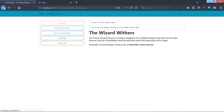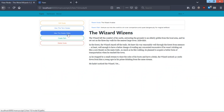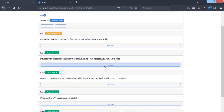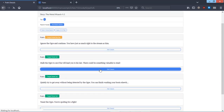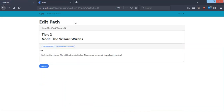Okay, we'll actually go back here, and I think this one has some paths. So the paths are the choices that the user will have when they go to that story, and you can see you can edit it. And so yeah, now we'll go to the fun side of the site, I guess you could say, to the